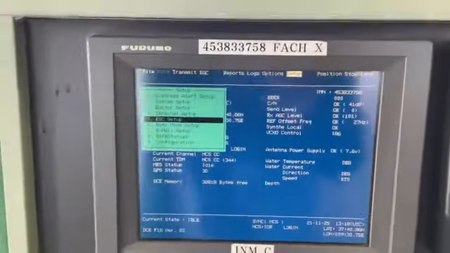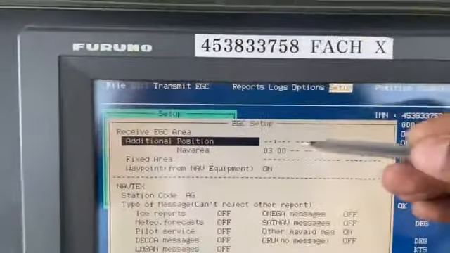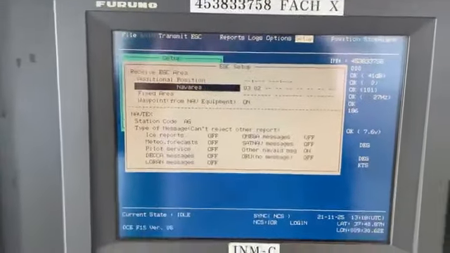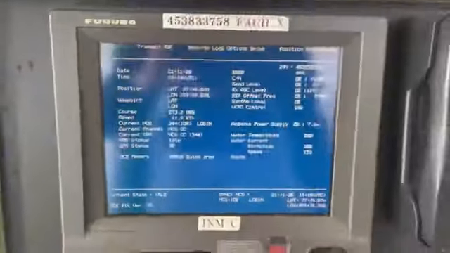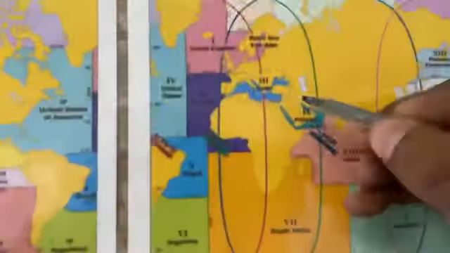So now again the same thing we'll do. We are already in nav area 3. I will select nav area 2 also prior to entering that area on my SATC. So here I have selected nav area 2. I have updated this. If I have to show you on the chart,